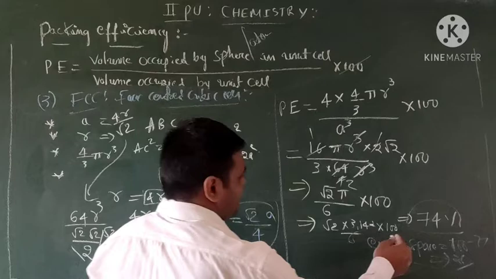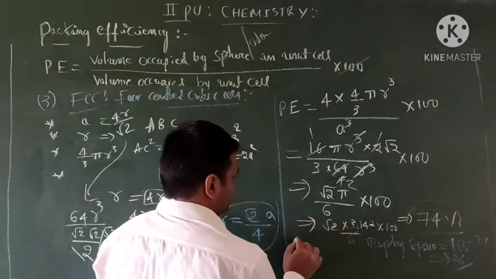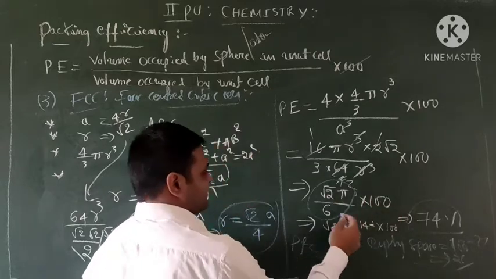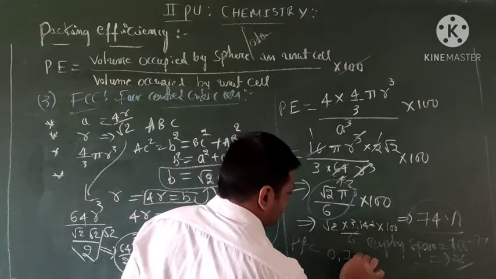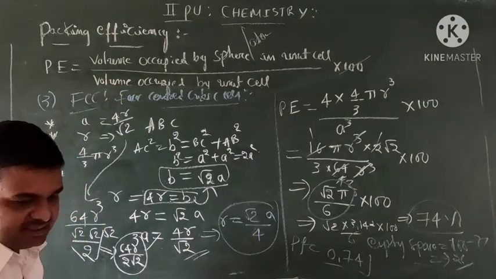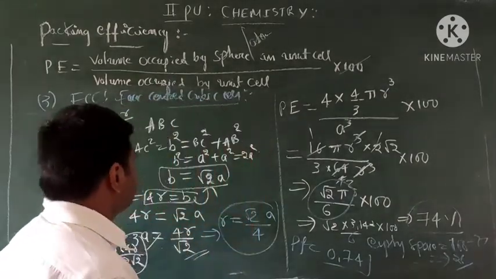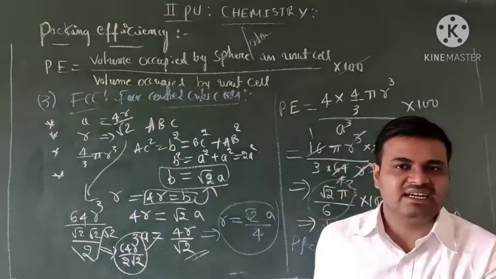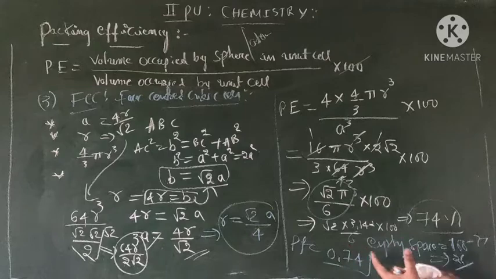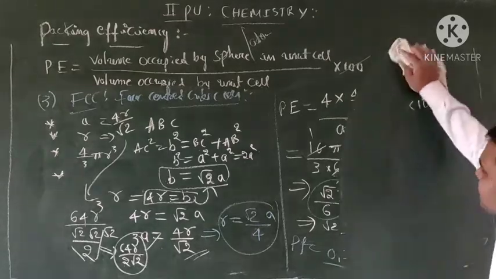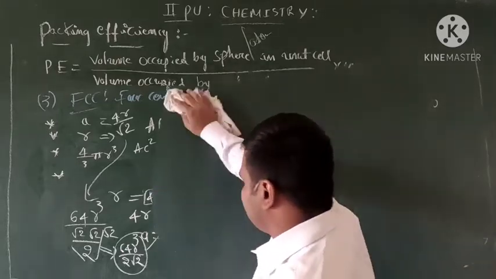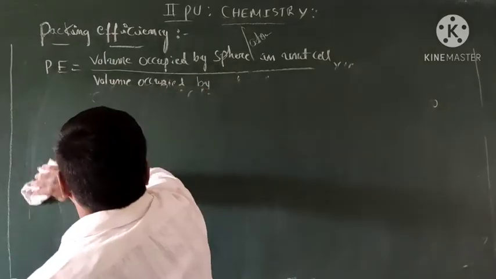Then what is the packing fraction? This is the packing fraction, without the 100. 0.74 is the packing fraction. That much packing fraction is present in the face-centered cubic, and this is one method. Identify this as a two-method question. This is one of the things you have to select. You can choose this. Okay. This is about the packing efficiency of simple cubic, face-centered and body-centered cells.